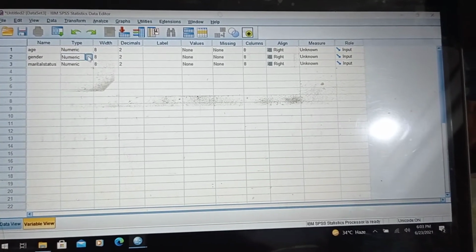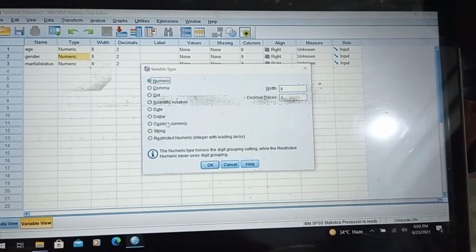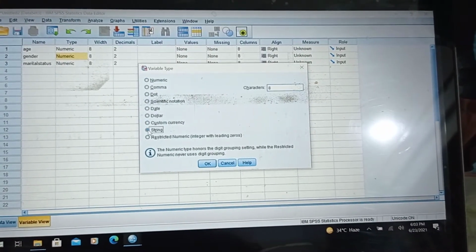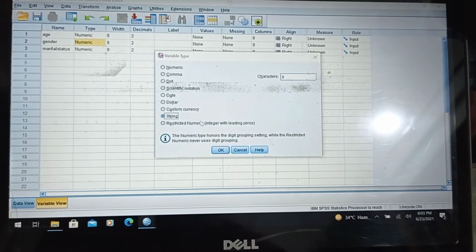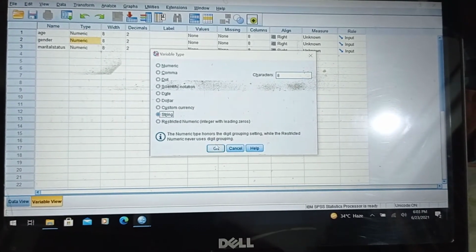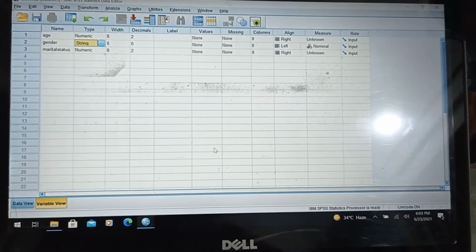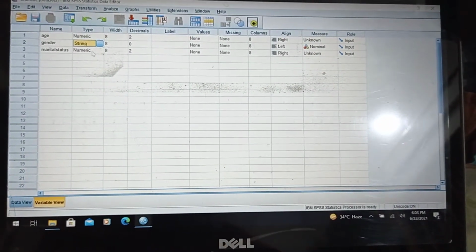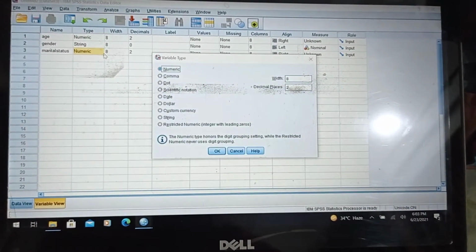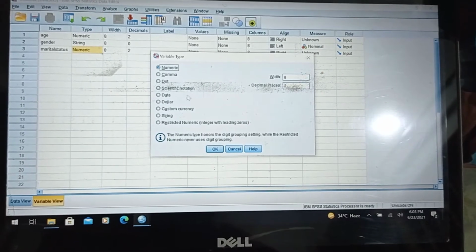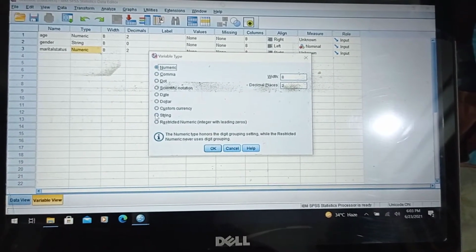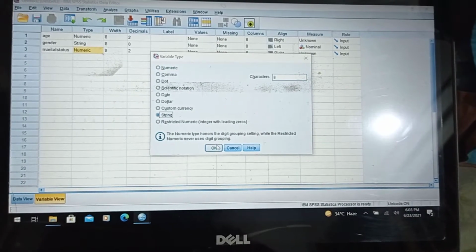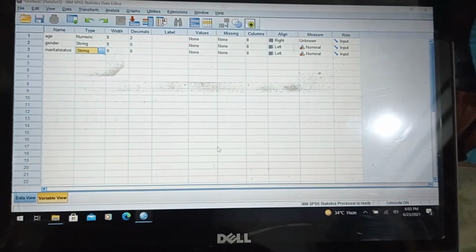You'll click on this and then go into this and select a string, because in SPSS you select a string in place of qualitative or categorical data, and you'll click OK. So it will change here, and similarly marital status is a qualitative variable, so we will select a string and then click OK.